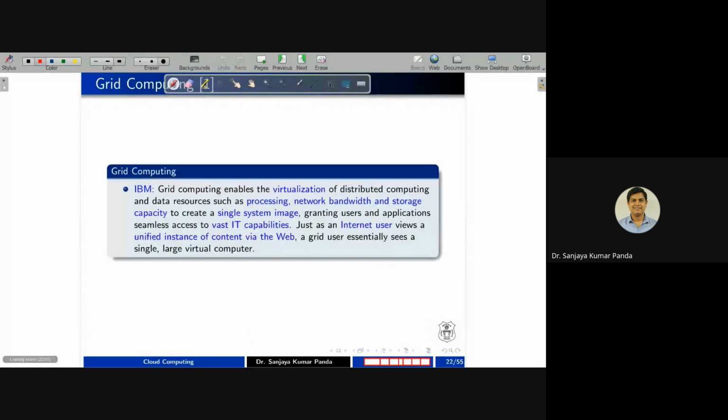Now coming to another computing paradigm called grid computing. Many researchers have also suggested that grid computing is the backbone of cloud computing. But prior to grid computing, we have another paradigm called cluster computing. In grid computing, the systems are heterogeneous. If you take a group of systems, their configurations are different. Every system is not equally capable or does not have equal storage, equal bandwidth, equal computation, and so on.